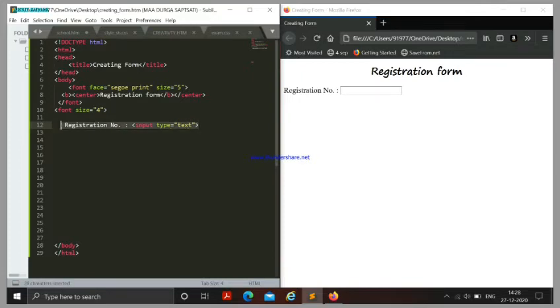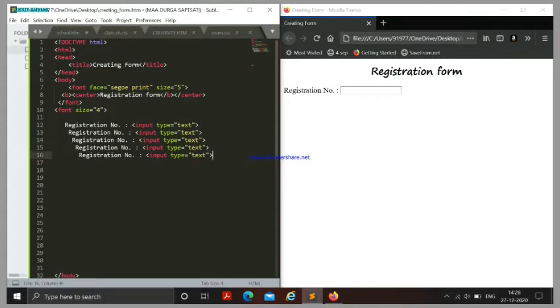And we will copy paste it three to four times. Now change the rest of the registration number text into the other text form.